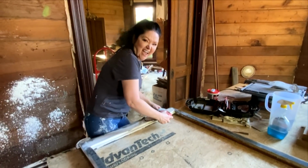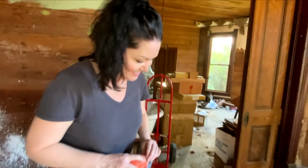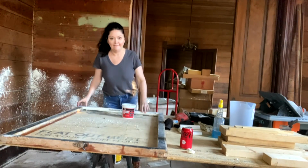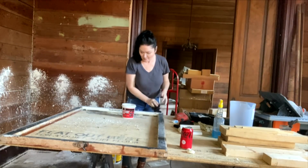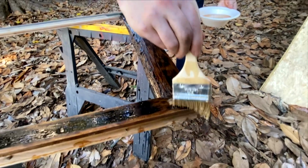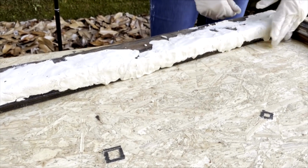Window installation, part 2. This time it's personal. Dun dun dun. After my epic failure at window restoration earlier this week, we're back again. You've seen in earlier episodes the process by which we use wood hardener to restore the structural integrity of this old pine window sash. Then we used our Abatron wood epoxy to